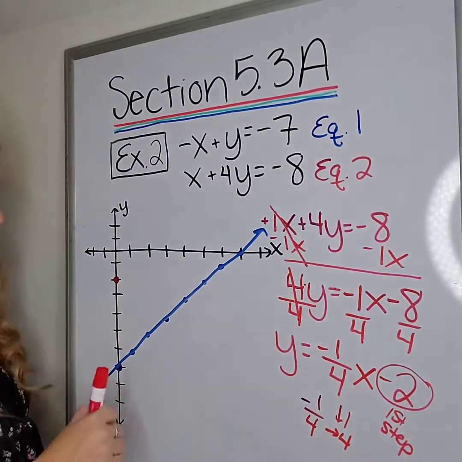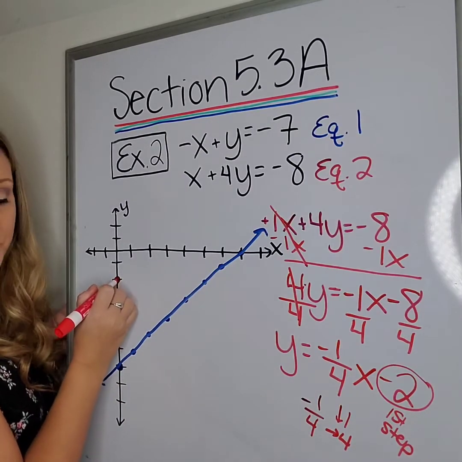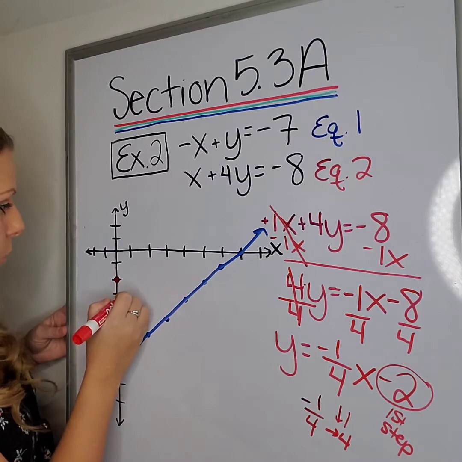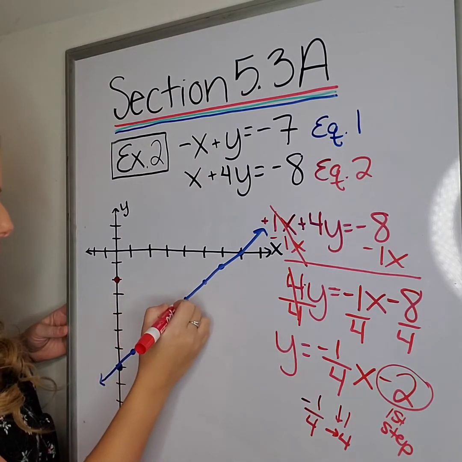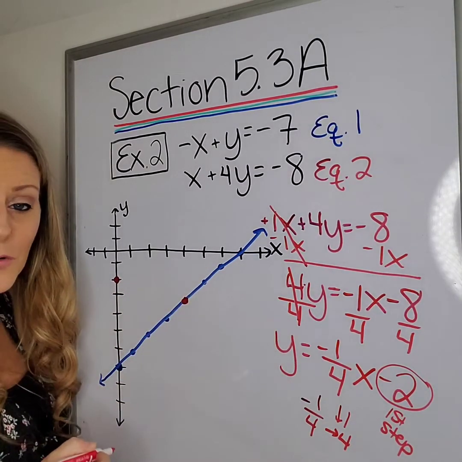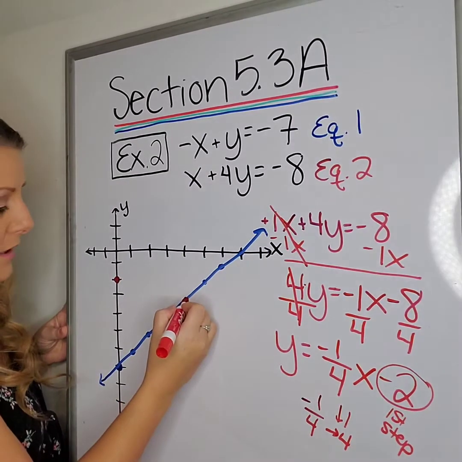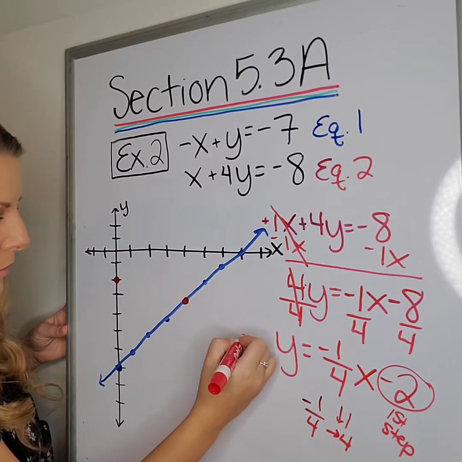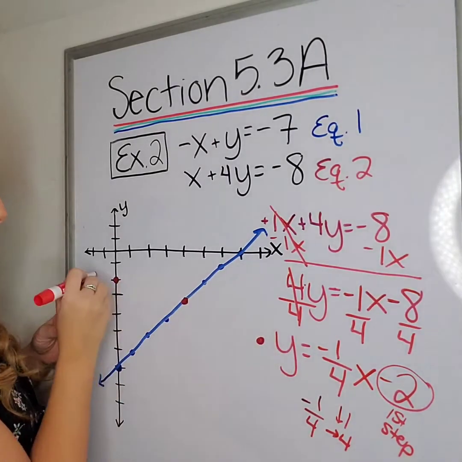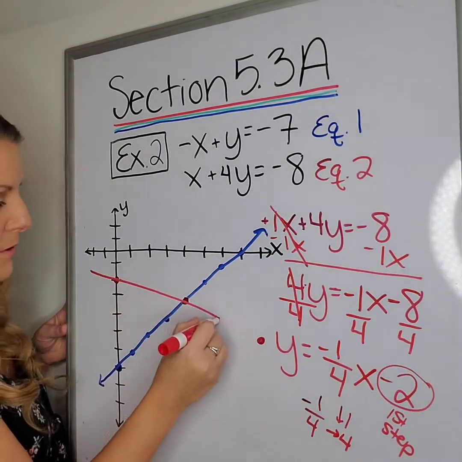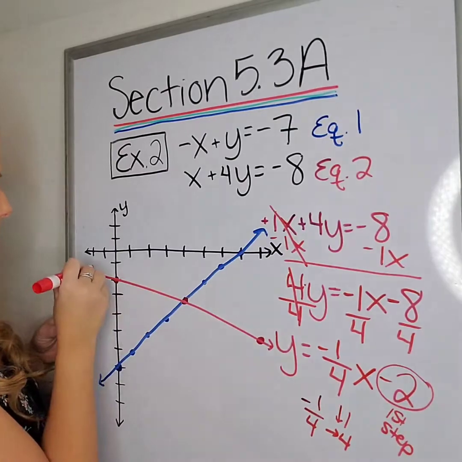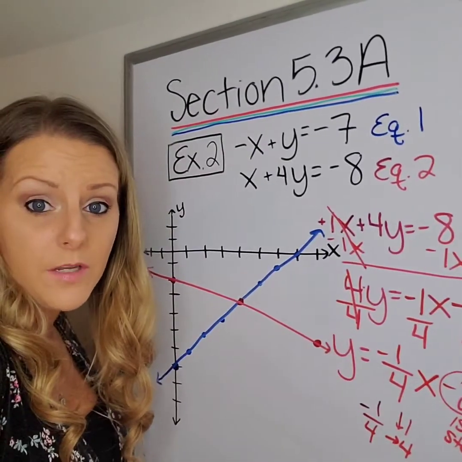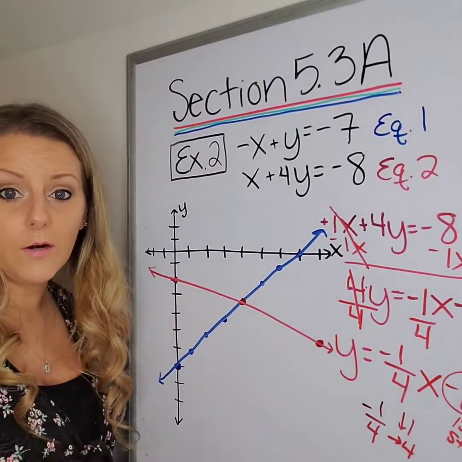So come over here to your starting point. You're going to go down 1 and then to the right 4. 1, 2, 3, 4. And you should be on a dot you already drew. Go ahead and do it again. Go down 1 to the right 1, 2, 3, 4. And at this point, I'm kind of running out of room, so I'm just going to draw my line together and put my arrows. Again, that is just a big review of something you already learned back in part A